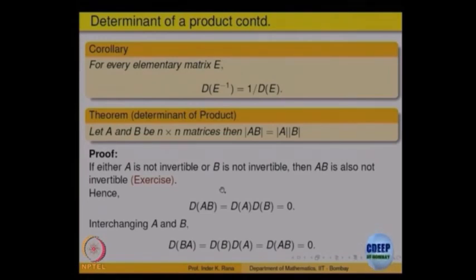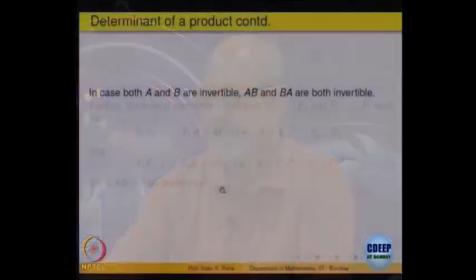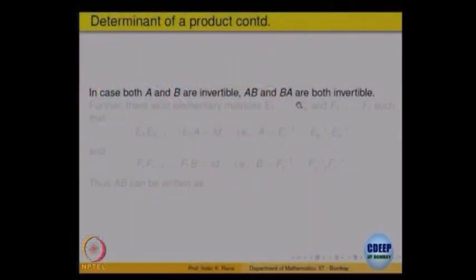Both are invertible. If both are invertible, then we know AB also is invertible, a simple algebraic fact, but let us check it anyway. In case both A and B are invertible, AB and BA both are invertible anyway. We saw that (AB) inverse is nothing but B inverse multiplied by A inverse, you can check that. If A and B both are invertible, then the product AB is invertible. What is its inverse? B inverse multiplied by A inverse.